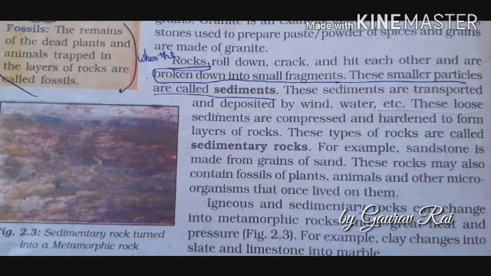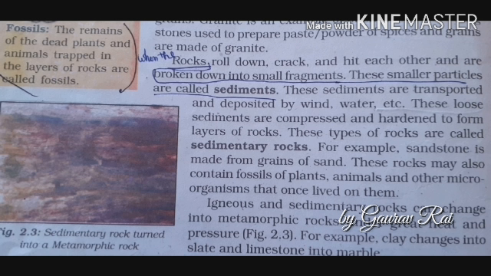These sediments are transported and deposited by wind, water, etc. These loose sediments are compressed and hardened to form layers of rocks. These types of rocks are called sedimentary rocks. It means that after fragmenting into particles, broken into pieces, these sediments of rocks are transported, go from one place to another by wind or water, and after reaching the place, these loose